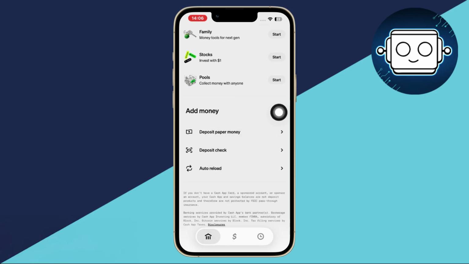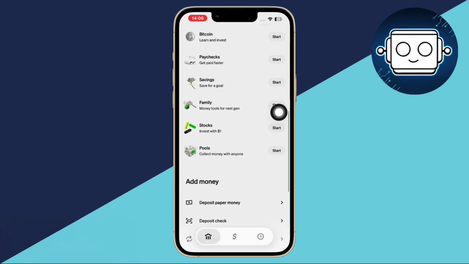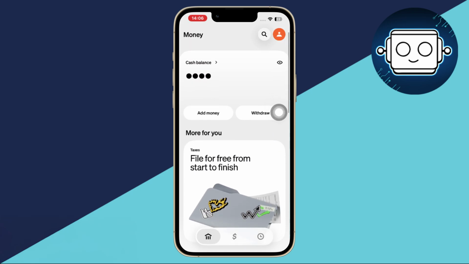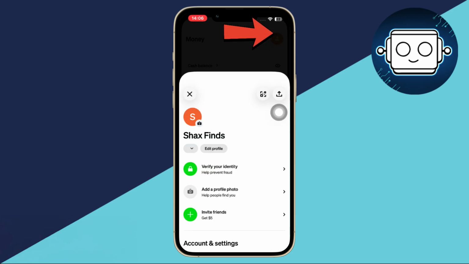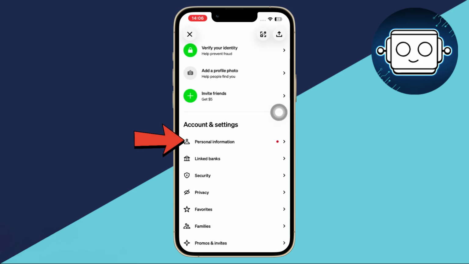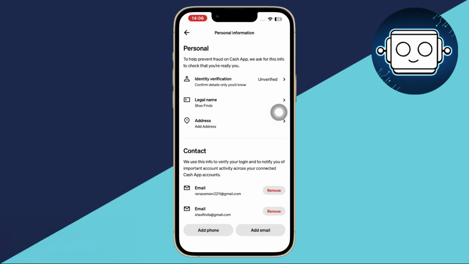If you don't see the borrow option, don't worry, this usually means your account isn't fully eligible yet. The first thing you should do is verify your identity. Tap on your profile icon. From here, go to Personal Information and confirm your details like your full name, date of birth, and ID, or